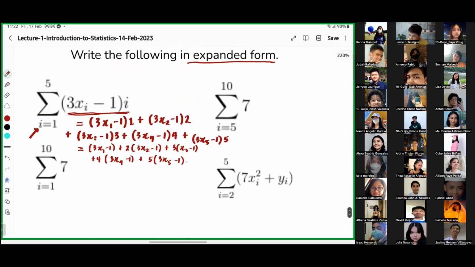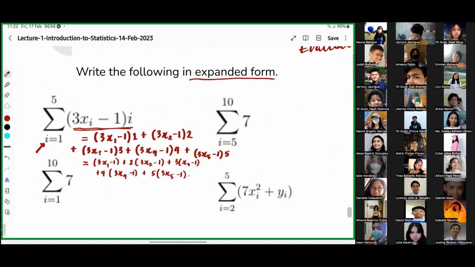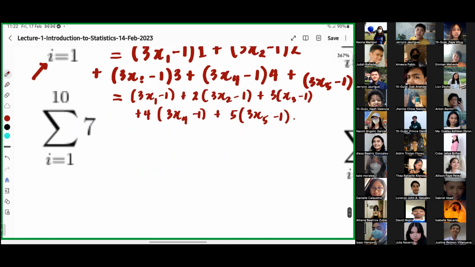Kapag ang tanong lang ay write in expanded form, pag sinosolve mo na to, you still have to write everything. Pero usually, may mga summation kasi na umaabot ng sobrang dami. For example, 1 to 100. So, minsan hindi mo na kailangang isulat lahat. You just look at the pattern and then we will apply several techniques na natutunan nyo ng grade 10. If you could still remember how to add arithmetic series, geometric series, still remember those formulas na ginagamit natin doon, we can apply it here. Okay? Alright.